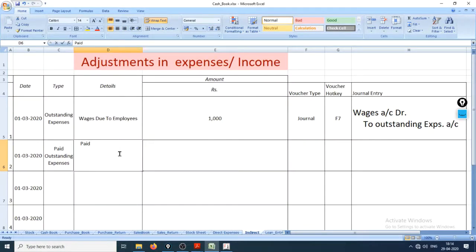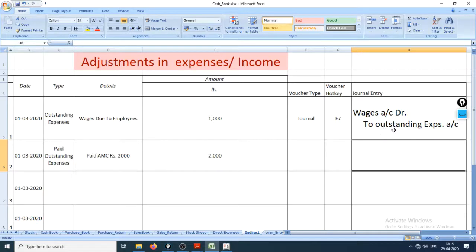If you want to do clerical work, you can sure go ahead and make those entries. Paid AMC rupees 2000. So what will be the journal entry right now?